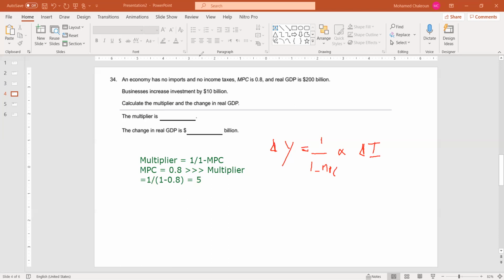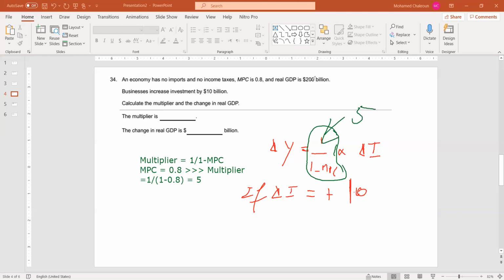So if investment is equal to plus 10 billion, and we know that the multiplier is equal to 5,